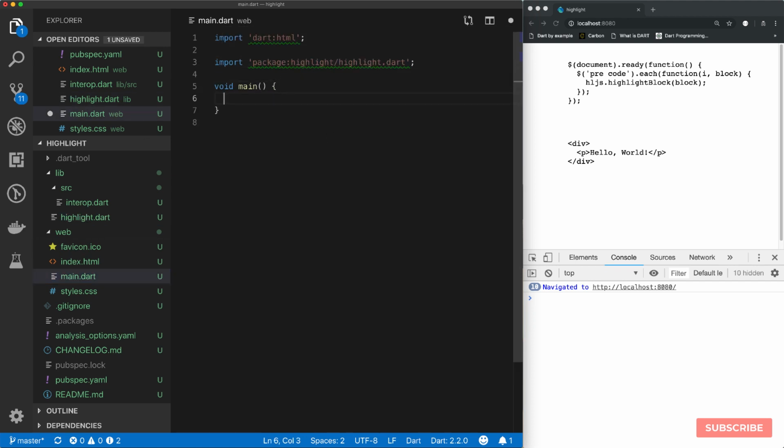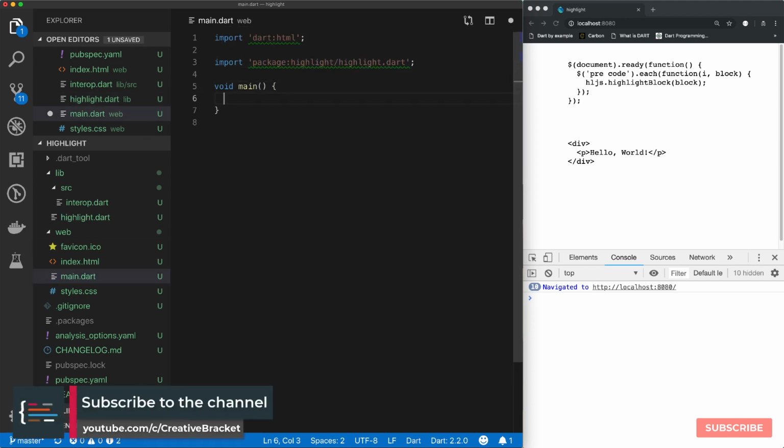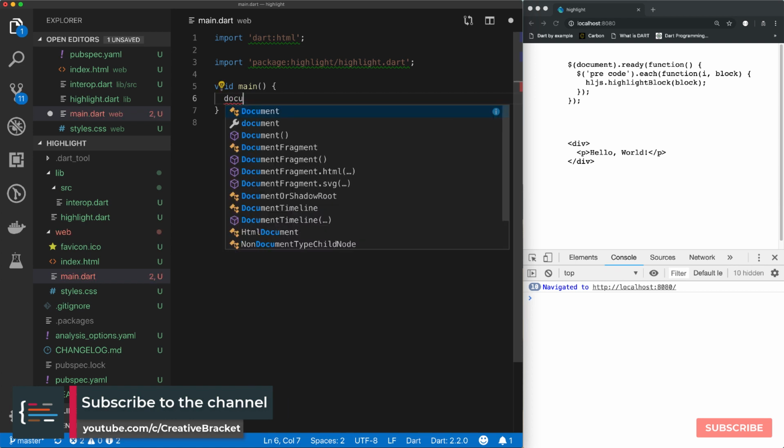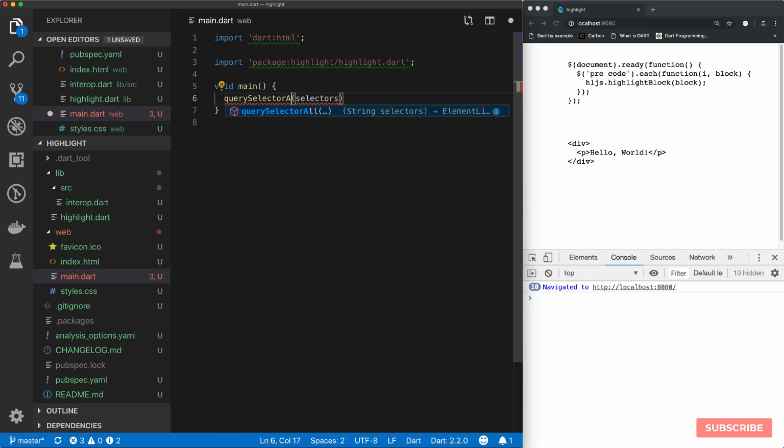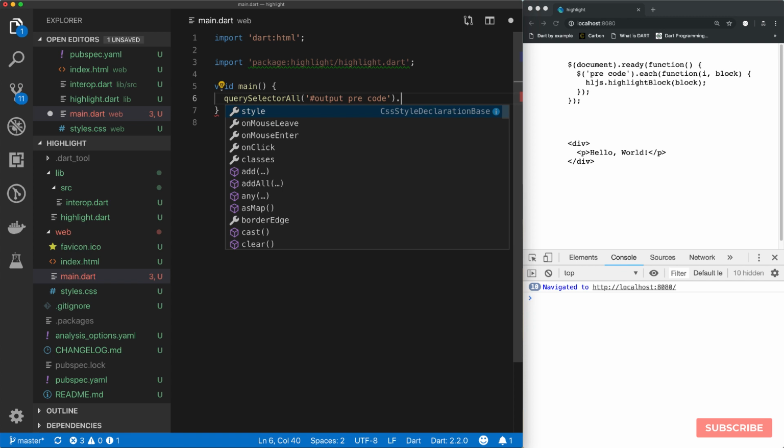So in here, we'll be able to do query selector all, and then we want to query select our output, our pre-code tags, and then